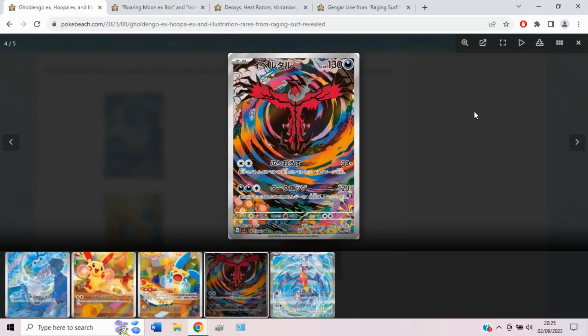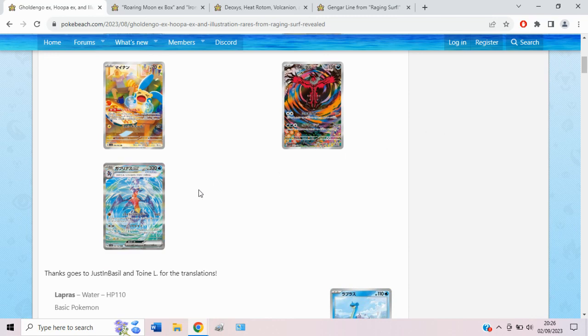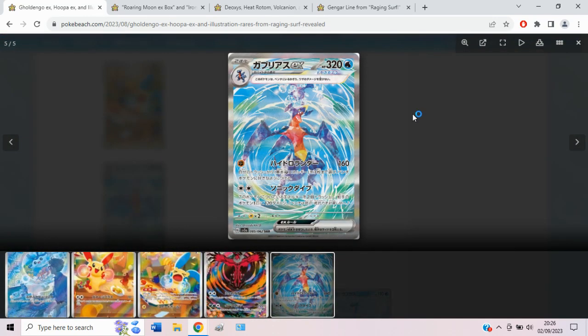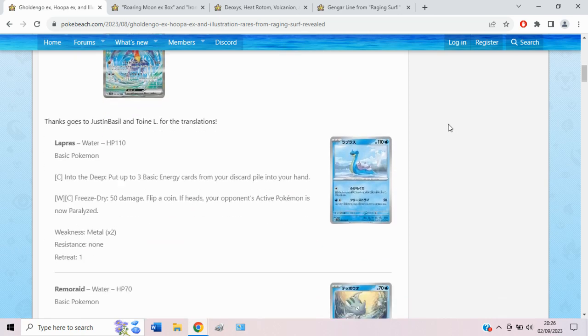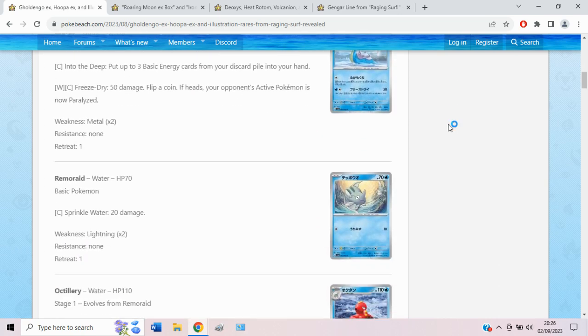I really do like these artworks, but the cards are kind of super underwhelming, so not really worth talking about, but we do have a new Plusle and Minun. This Garchomp, of course, was revealed previously, so it's nice to see that it's getting an art rare, I guess, even though this one, in all honesty, looks more like full art than anything else, but that's just my personal taste. First of all, though, we've got Lapras, which sadly is kind of complete bulk, but